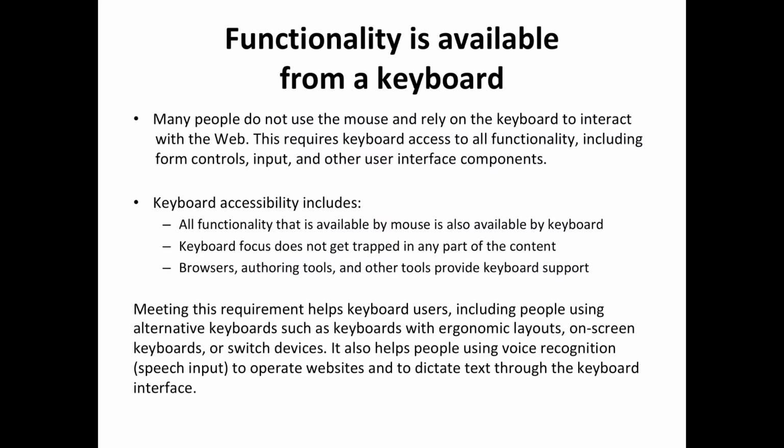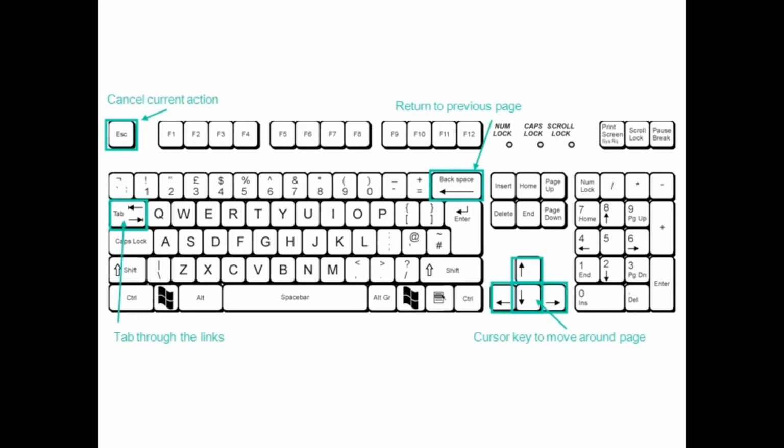Another rule is that functionality is available from a keyboard. Many people do not use the mouse and rely on the keyboard to interact with the web. This requires keyboard access to all functionality, including form controls, input, and other user interface components. Keyboard accessibility includes all functionality that is available by mouse is also available by keyboard. Keyboard focus does not get trapped in any part of the content, and browsers, authoring tools, and other tools provide keyboard support. So what this means is that if I'm